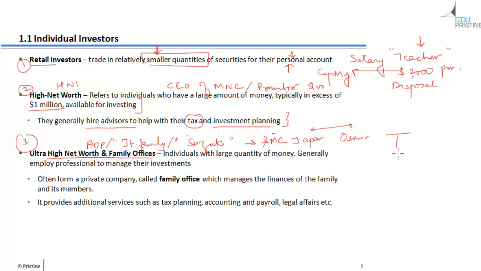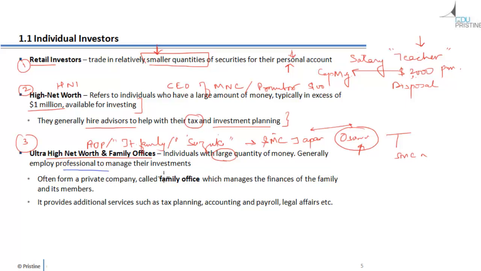So I'm not talking about SMC here. SMC will become one of the institutional investors, but here I'm talking about the individual. The focus is on Osamu Suzuki, who is in person an ultra HNI, an individual with a large quantity of money. The question of how large is a matter of discretion and a little subjective in nature.